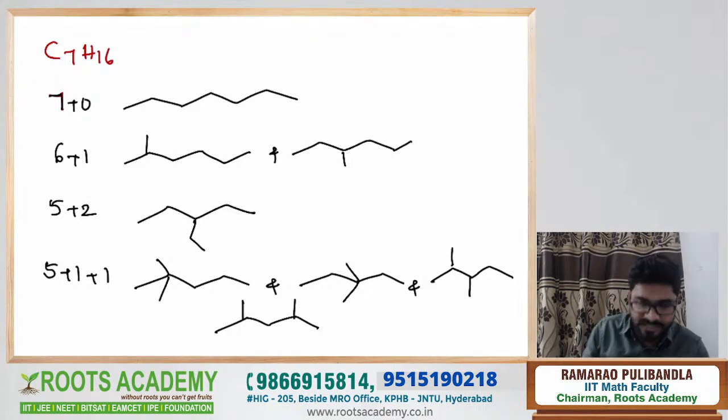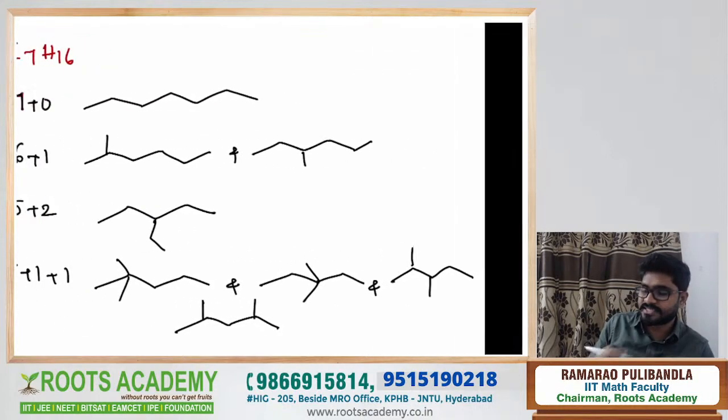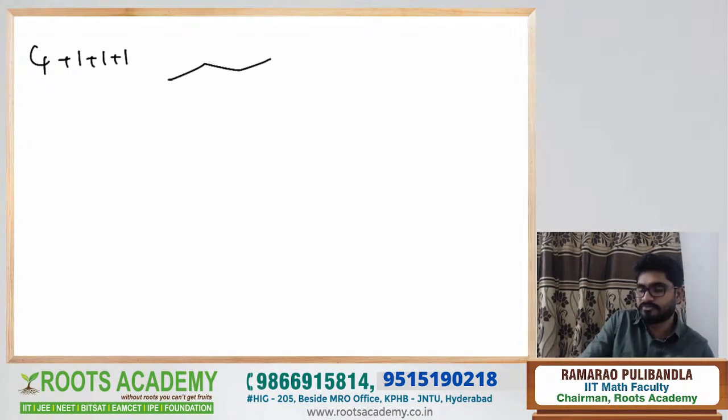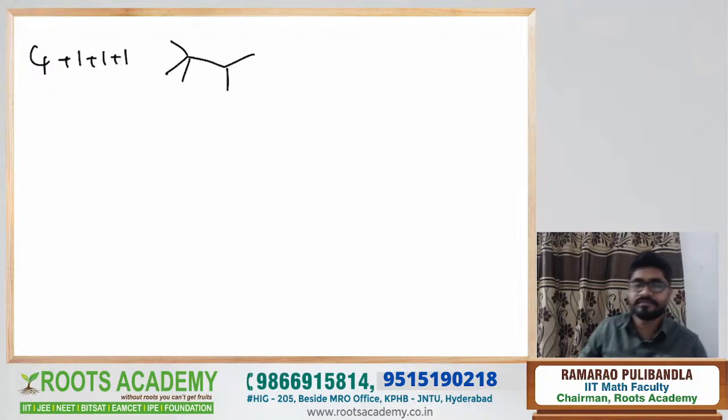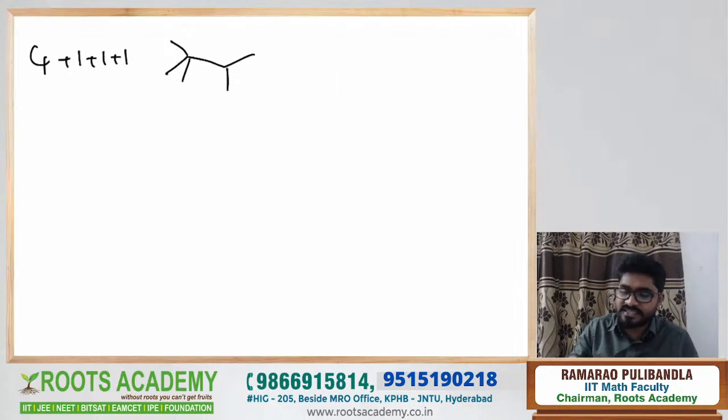Okay. The next, I think one more also we have, that is 4 plus 1 plus 1. Apart from that, nothing we can get. And one more with this is 4 plus 1 plus 1 plus 1. 7 we need to. 1, 2, 3, 4. Like this, 1 here. So these are all the possibilities, guys. 9, I think we got, see there, 1, 2, 3, 4, 8, and this is 1. Total we got 9 isomers for that.